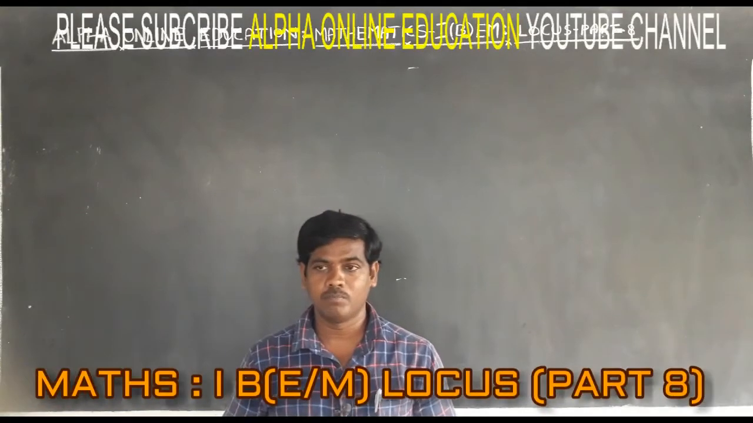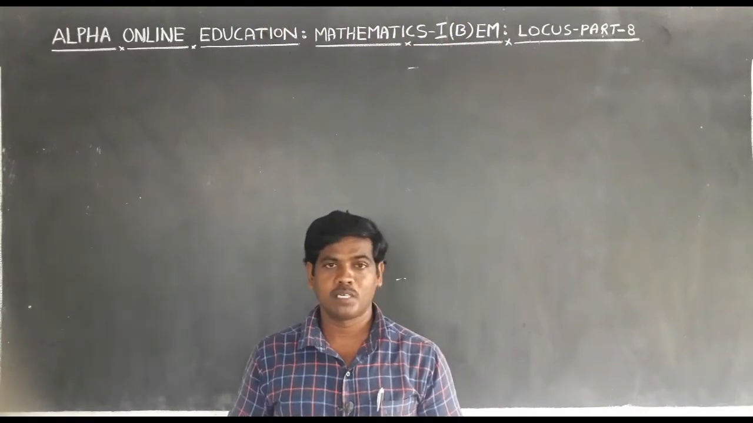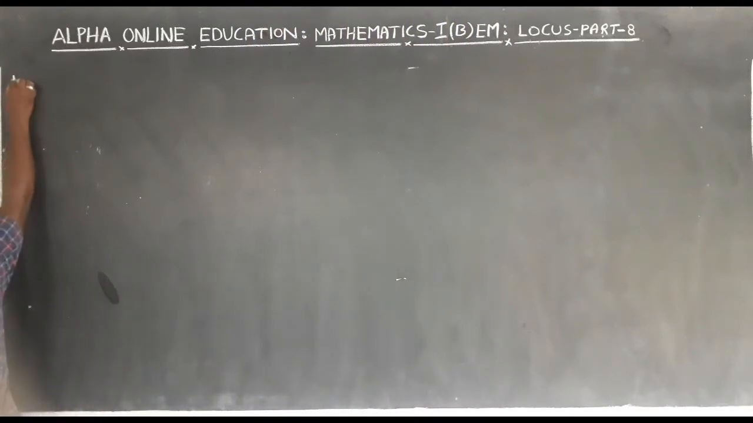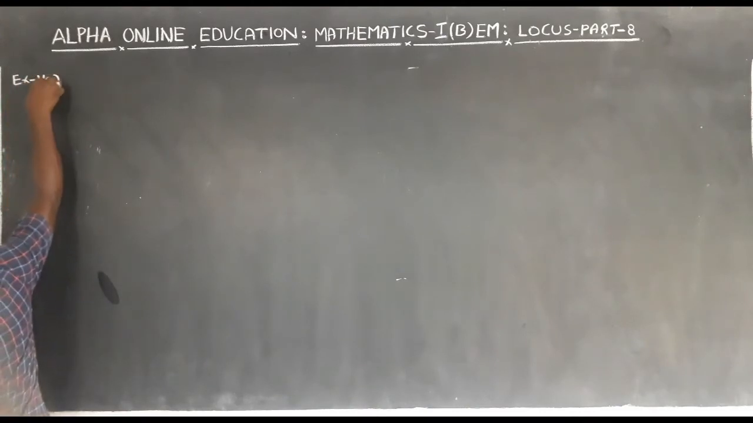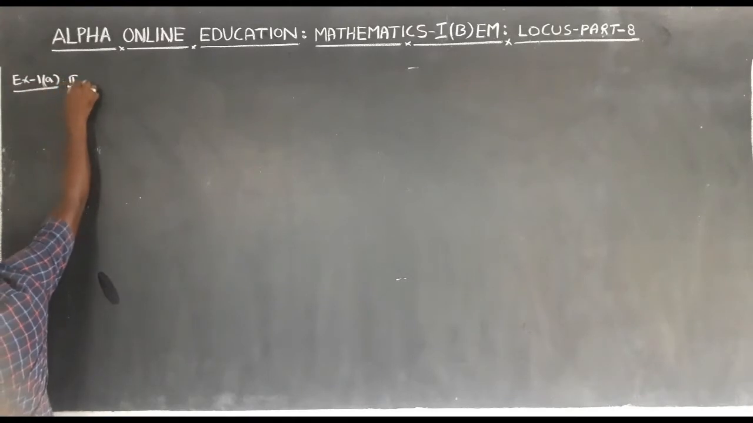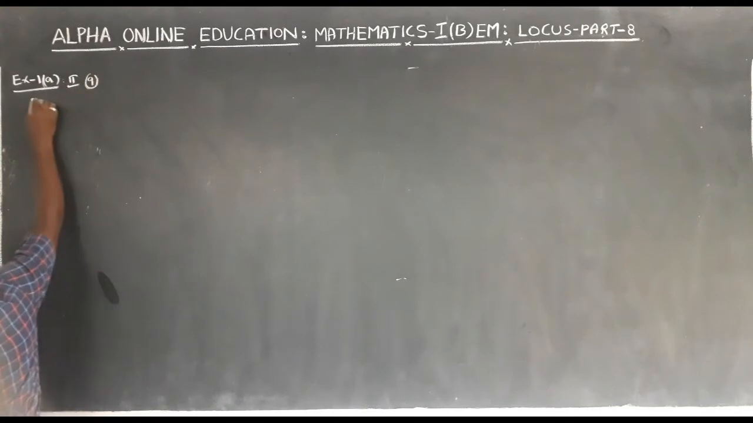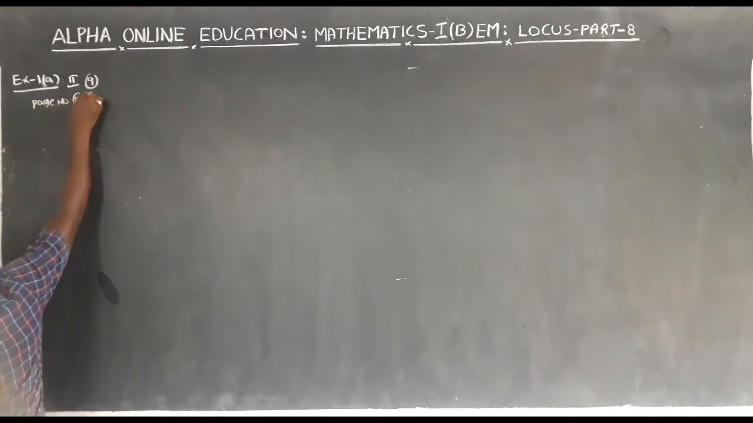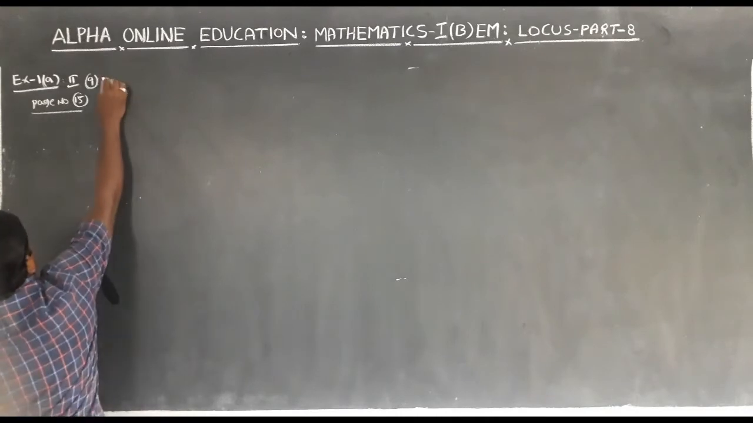One exercise problem in mathematics 1B. First chapter, locus. Exercise 1A, second bit, ninth problem. Page number 15. If the